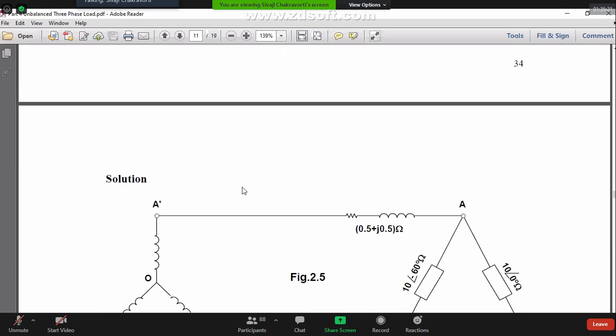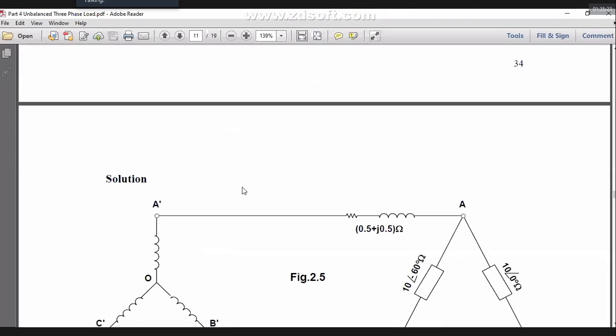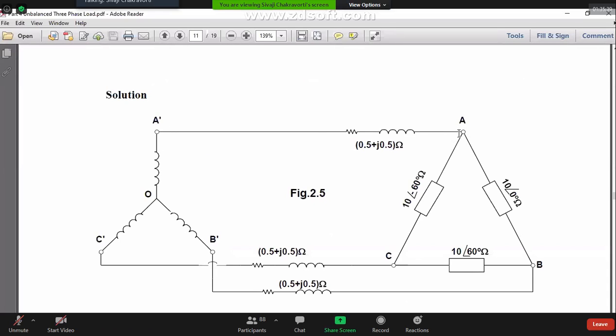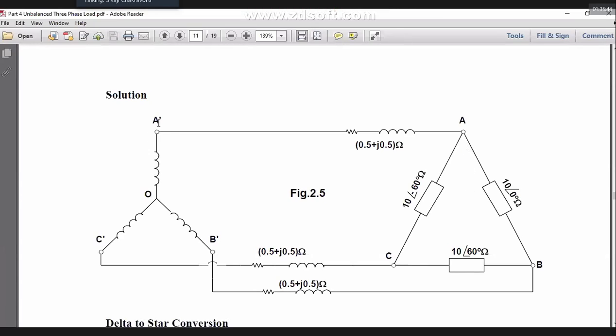Therefore, my suggestion is, whenever in three-phase circuits you have a problem of star and delta in parallel, always solve the problem by converting the star to delta, not the delta to star. There will always be a possibility of error otherwise. But if you convert the star to delta, you will always get the correct result. So this is my practical tip for problem solving: convert the star to delta and then take the equivalent impedance.